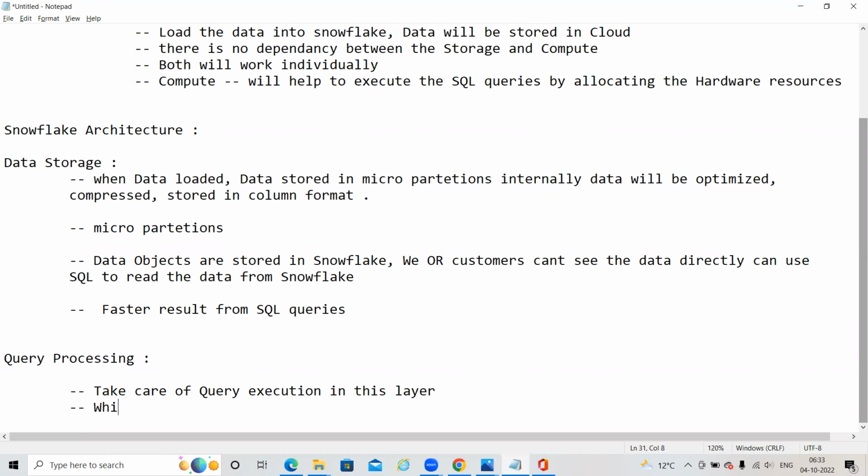While executing queries in Snowflake, it will utilize the virtual warehouse.